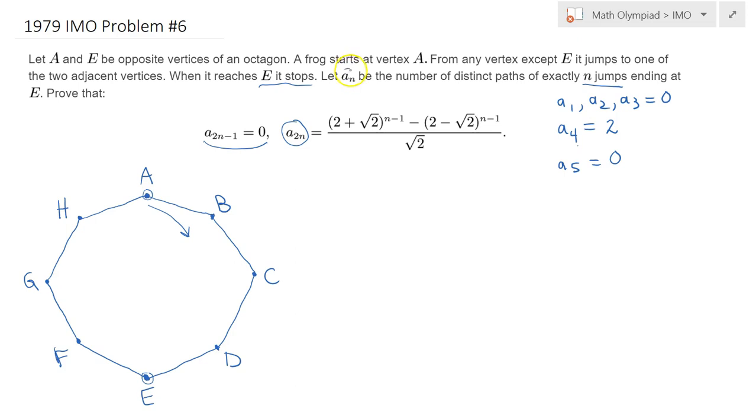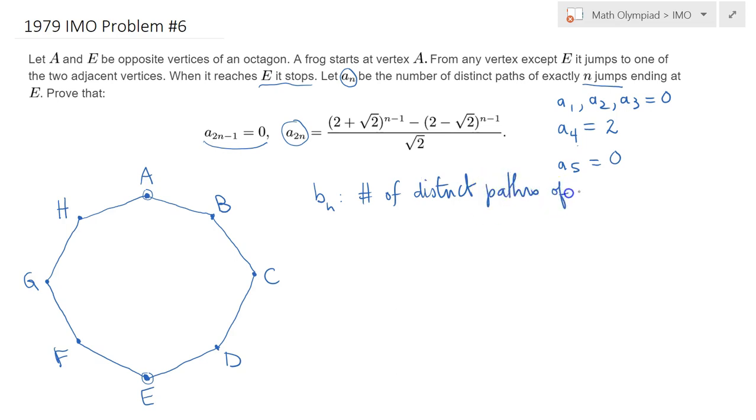Well, I know how A sub n is defined: A sub n is the number of distinct paths starting from point A going to point E. But why don't I just extend this definition? For instance, why don't I say B sub n would be the number of distinct paths